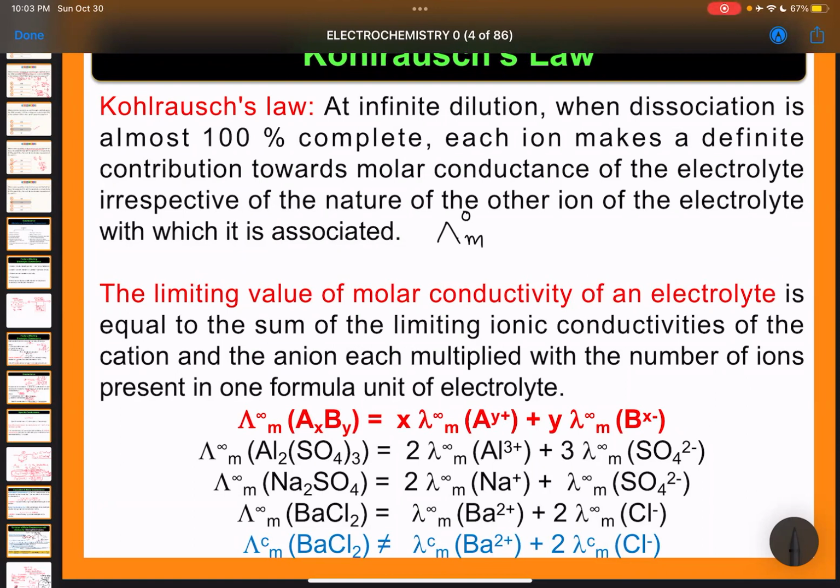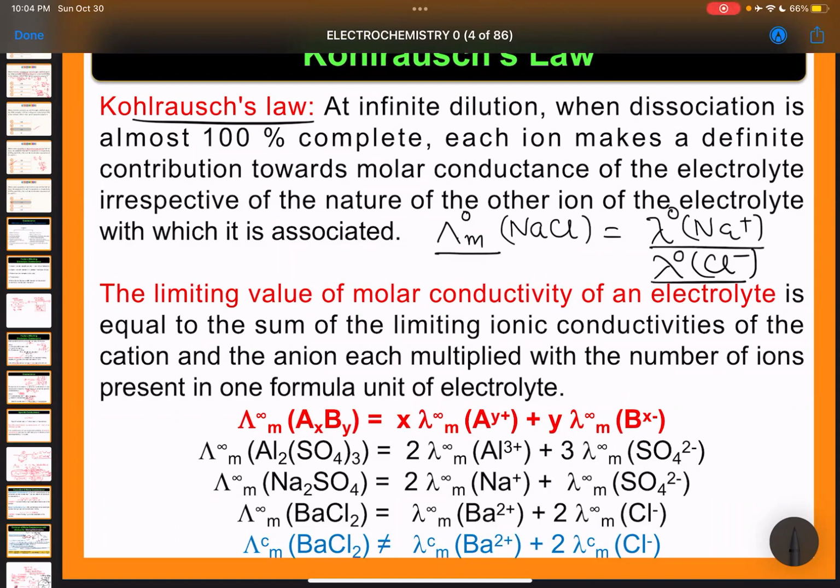Okay. So at this point, the molar conductance of NaCl, this is Kohlrausch law, is equal to the sum of the limiting values of the molar conductance of the individual ions, because ions completely separate from one another. At so much dilution, when the water is in large amount, all the ions separate completely. And the molar conductance of the complete salt is the sum of the limiting molar conductance of the individual ions. That's it. Very simple. So now if you want to find out the limiting value of molar conductance of acetic acid,